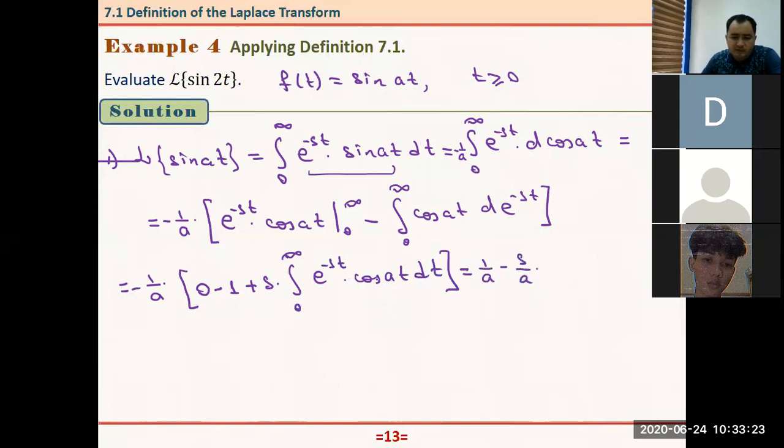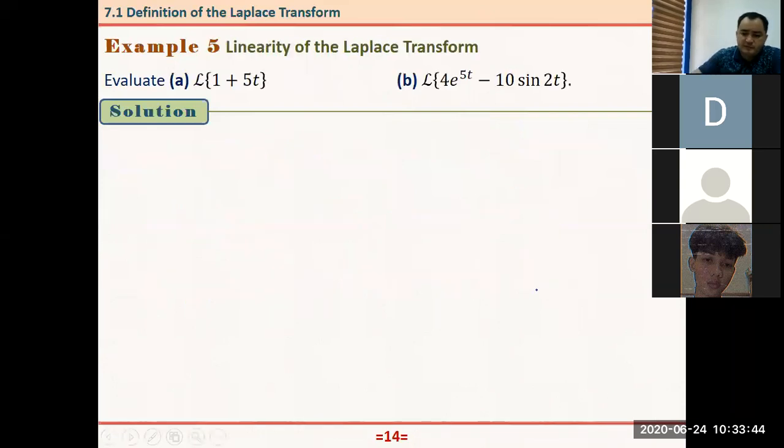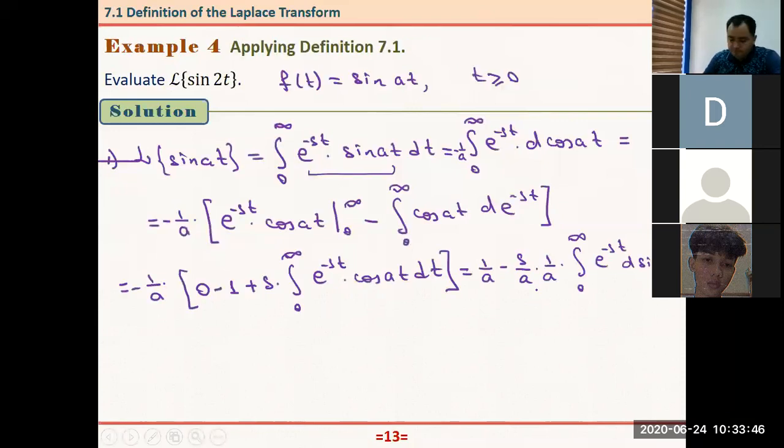Okay. Now I will bring this inside one more time. So if I bring this inside, what we have here? It is sine of at. So I need to write here 1 over a times integral from 0 to positive infinity e to the power minus st. Here we have d sine of at. Okay. So that is equal to,